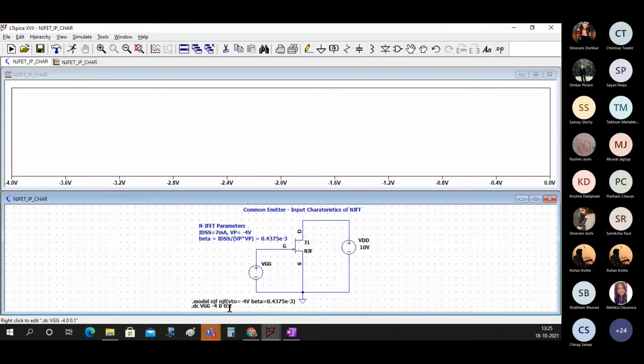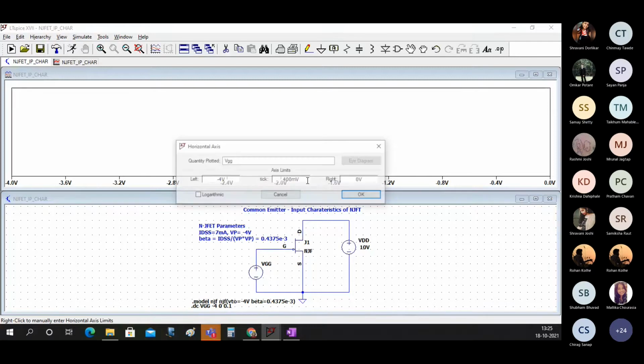So you should be able to see something like this. Now on the x-axis you have VGG, but we want V of G, that is the voltage at the gate. In this case, VGG and V of G is the same, but just for the sake of record, I am putting that voltage at the gate.